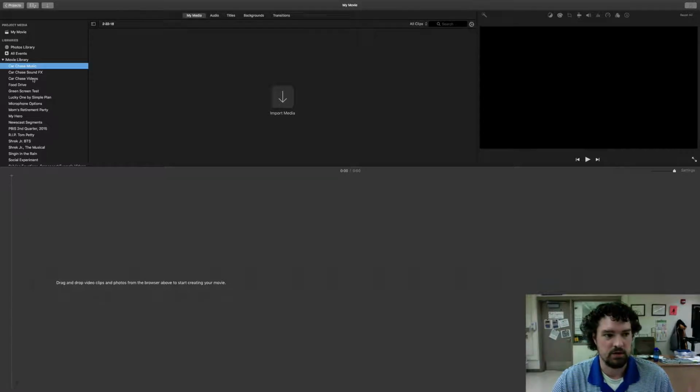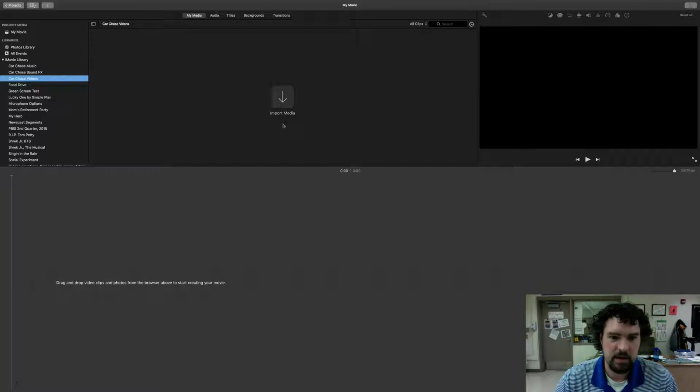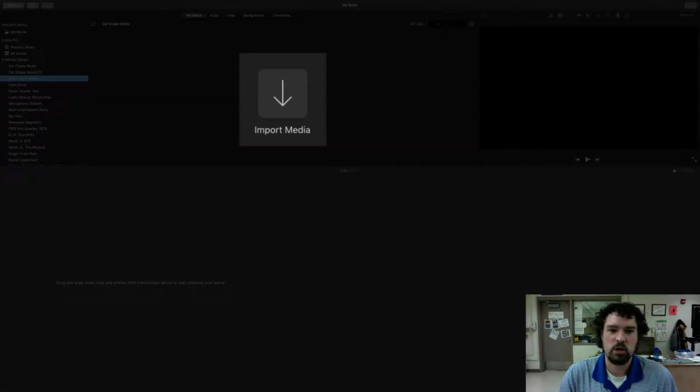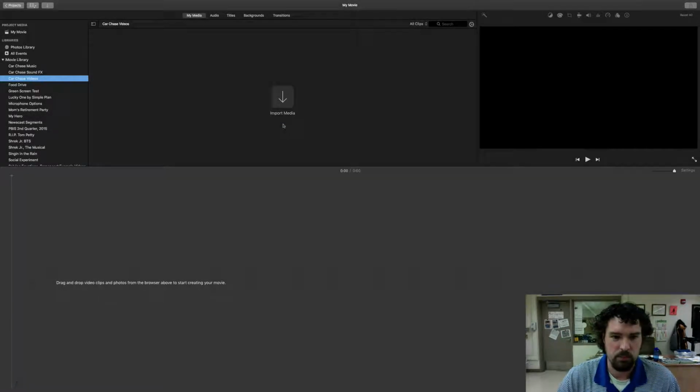Let's start with videos. So car chase videos, and you see there's a big downward arrow, the universal sign for download, that we're going to import media. So we're going to download those files in here. So click import media,